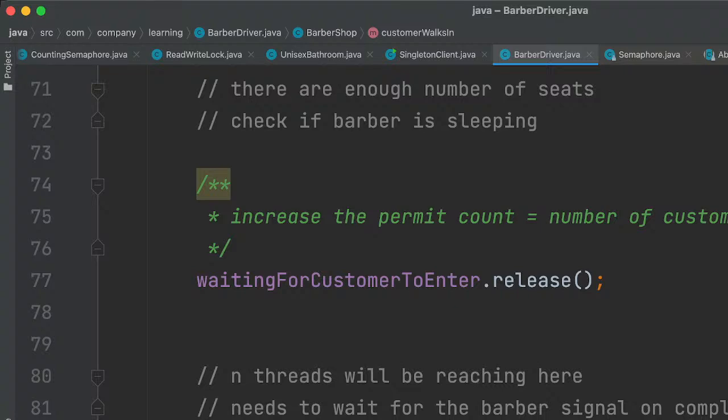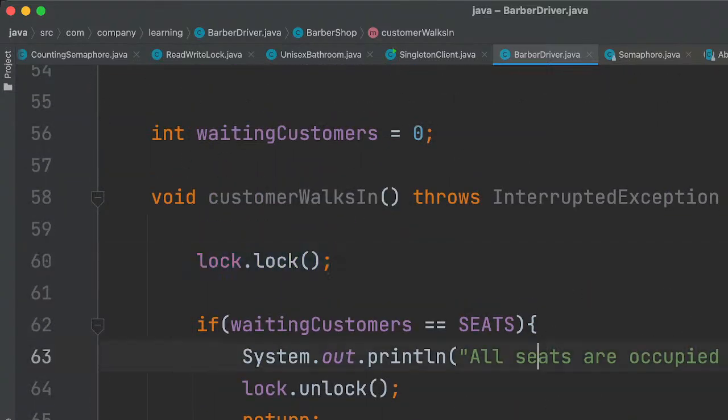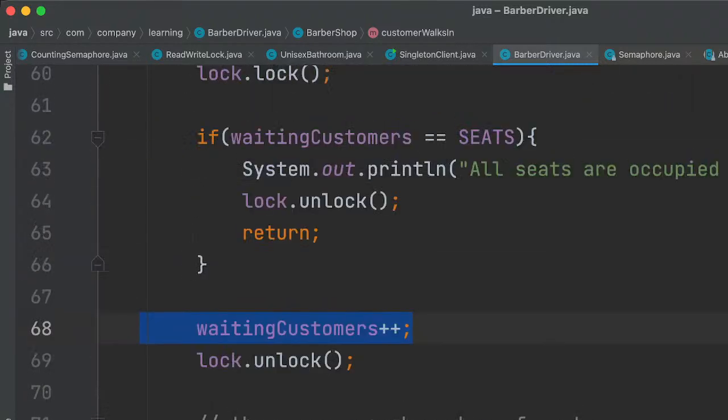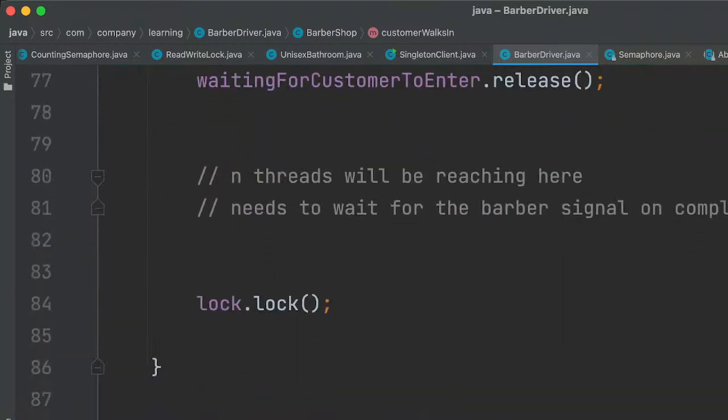So this lock will be held only by the customer. And this operation is atomic, right? So this can be done with initialization and lock dot unlock.